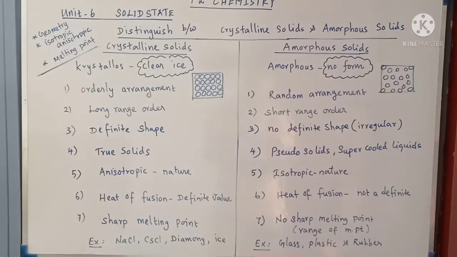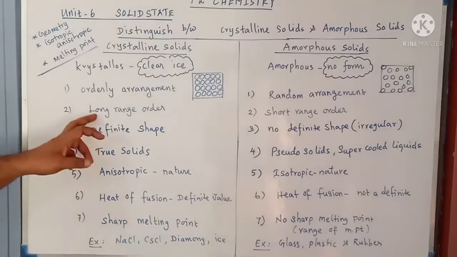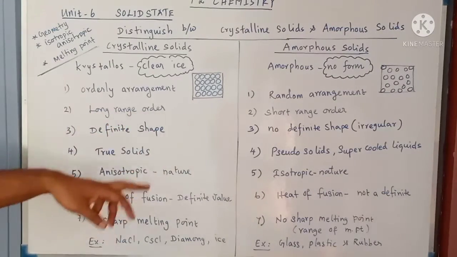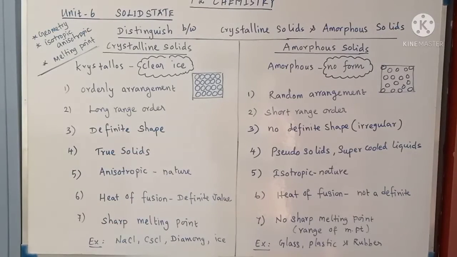Whereas in crystalline solid, the ordered arrangement can be seen for long distances. That's why crystalline solids are called long range order. Whereas, as I said already, amorphous solid, even though it has a random arrangement, for very short distances we can expect an orderly arrangement even in amorphous solid. That's why amorphous solid is called short range order. The regular arrangement can be seen only for very short distances, about a few Angstrom unit lengths. Okay, so this is the second difference: crystalline solids have long range order, amorphous solids possess short range order.